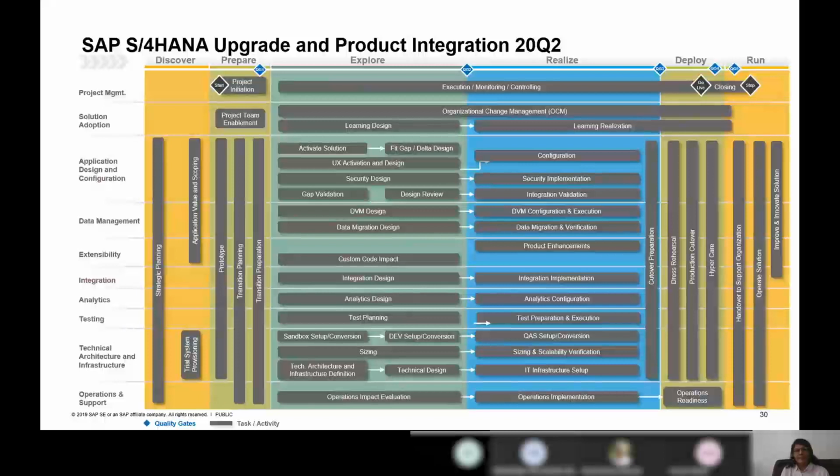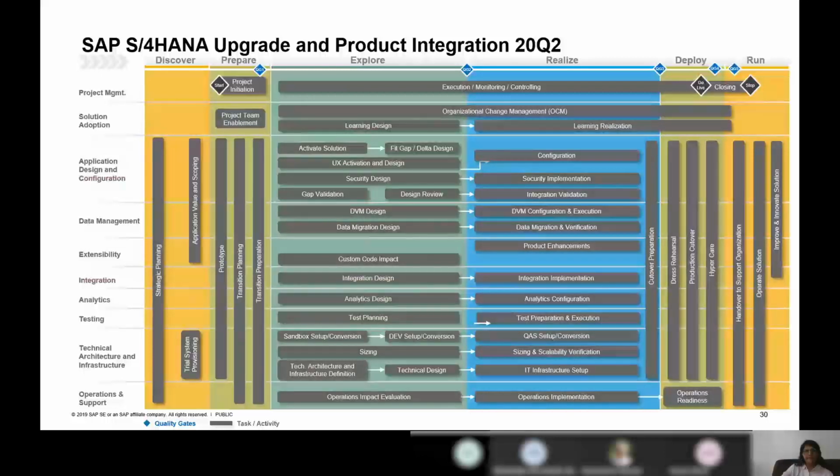The template has all these phases and all the activities detailed in all the phases of the upgrade project. If you look at the discovery phase, it talks about strategic planning, application value and scoping, and trial system provisioning. The customer can pick and choose particular activities from here, and then create a customized project plan for the upgrade project.